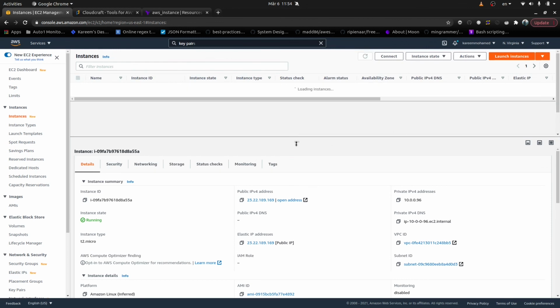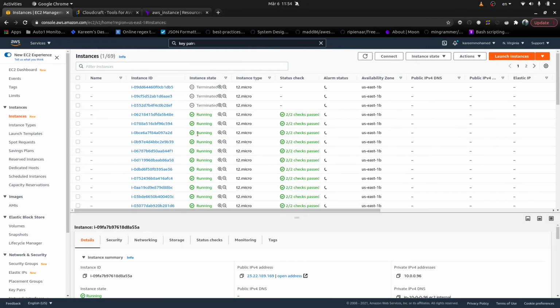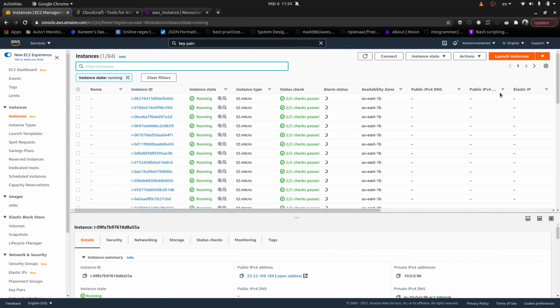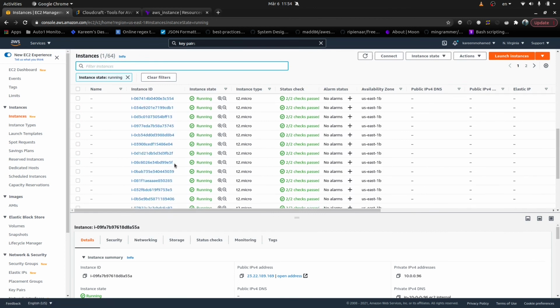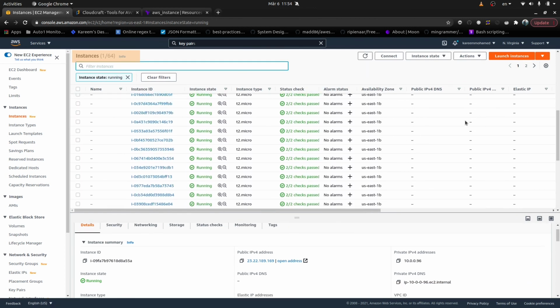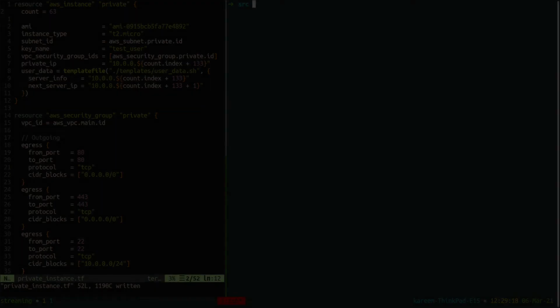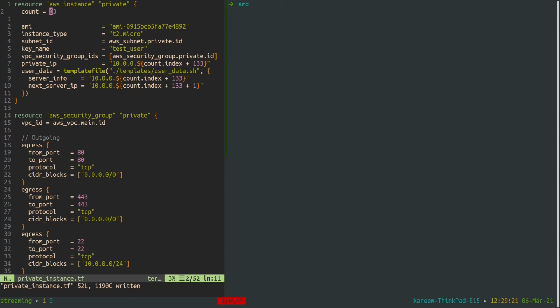I should have at least 64 instances running right now, and I believe, let me filter them with an instance status. So how can I count them? I'm not 100% sure, to be honest. Alright, so I had to change the count to 63 because in total we can only have 64 instances.